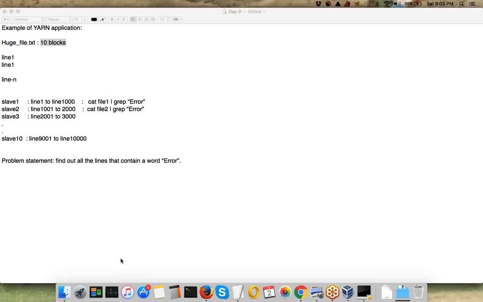You're just reading from that remote machine, you display it in your browser, and that's it. So just like that, in this case also, you read the data from a remote machine, you process that data, you give the results, and the original block still remains at the original data node.